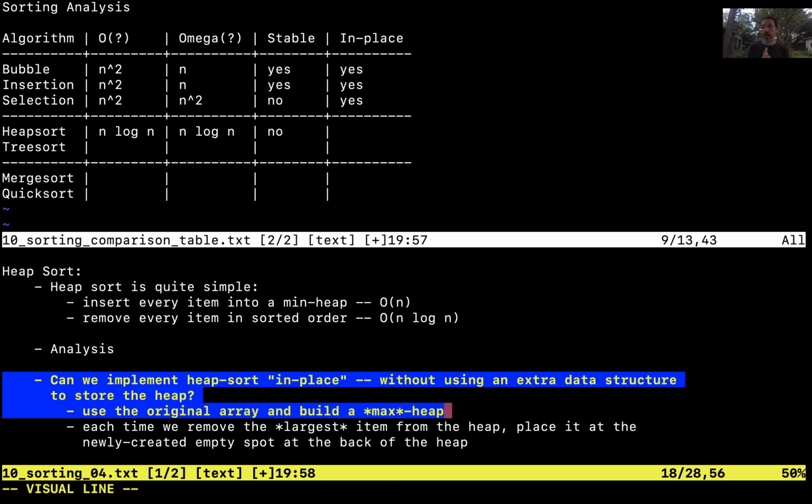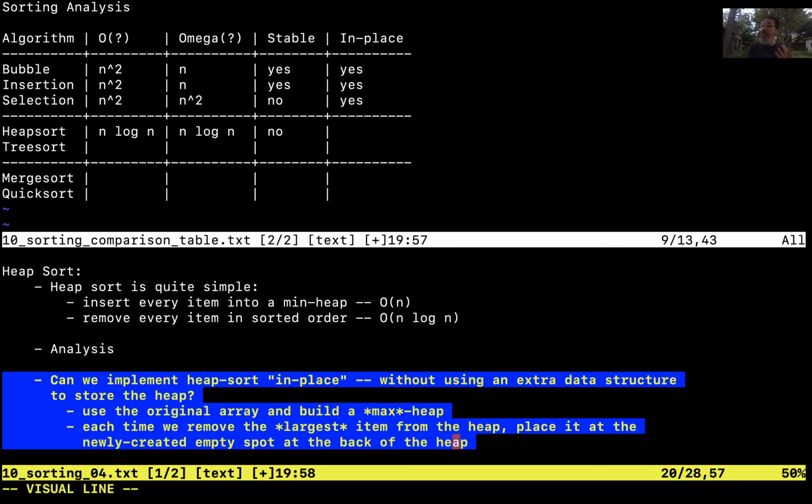This might seem odd at first, but here's the reasoning. If we build a max heap out of our array, the first thing that we remove from the heap, the root of the heap, will be the largest item. Where do we want to put the largest item? We want to put it at the back of the array. Every time we remove something from a heap-based array, guess what happens? We get an empty slot at the very end of the array,